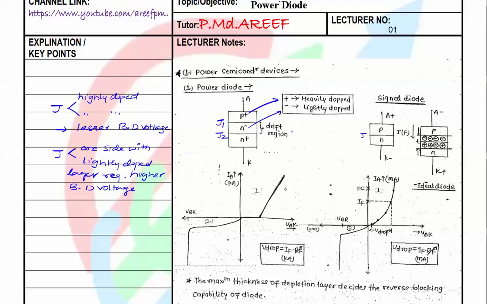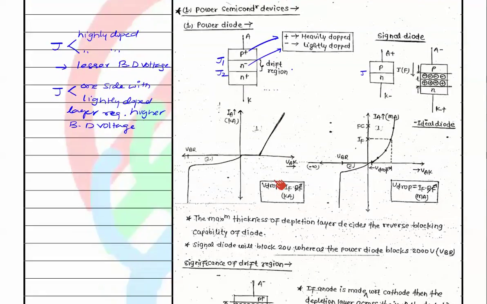Here we can observe the characteristics of a power diode and a signal diode. In the signal diode we have a linear relationship between the current and voltage across the diode like this. So this is why we can model this diode as a piecewise linear model diode. As we know, engineers have the capability to design a non-linear system into a linear system, but